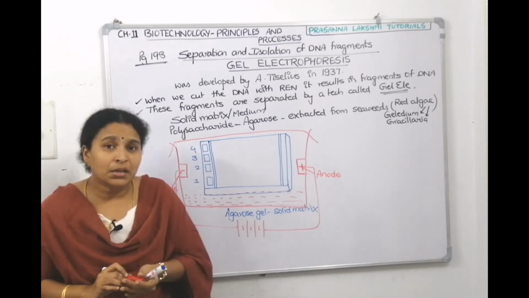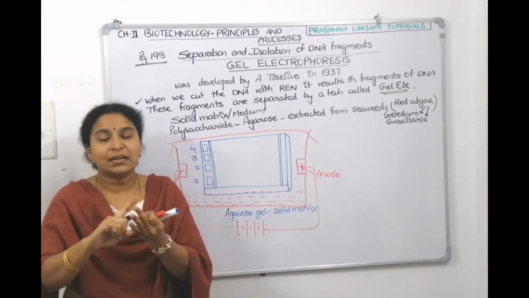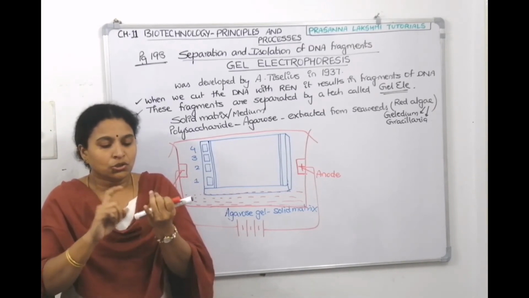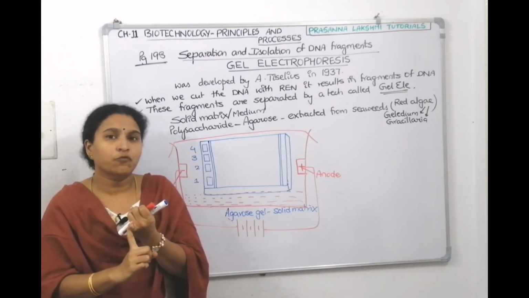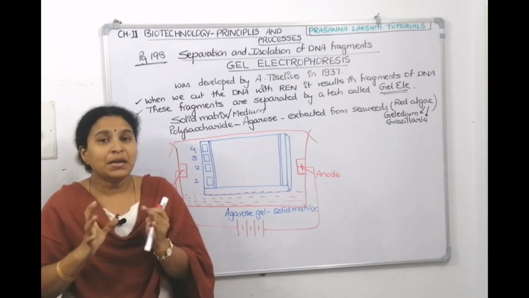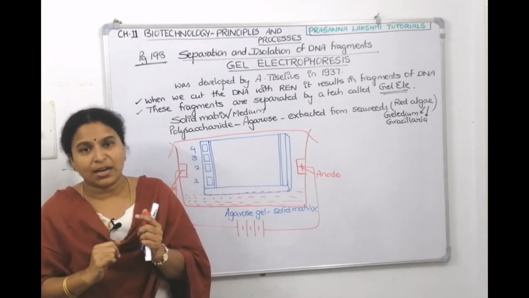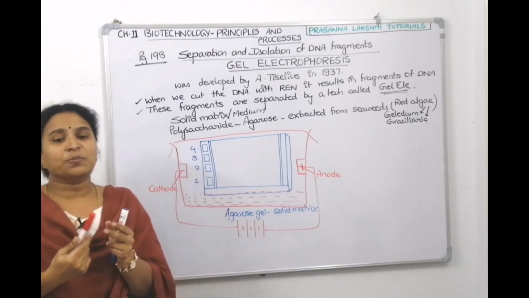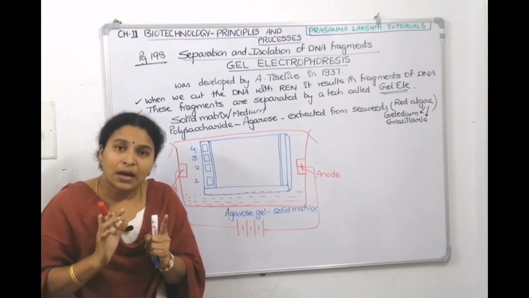Now, remember, DNA is a polynucleotide made up of sugar, phosphate and a nitrogen base. Sugar doesn't have any charge, but phosphoric acid, H3PO4, phosphate, PO4 minus 2, has a negative charge, right? Means DNA as such has which charge? DNA has negative charge. Negatively charged particles, what are they called? Anions. Negatively charged particles are anions.